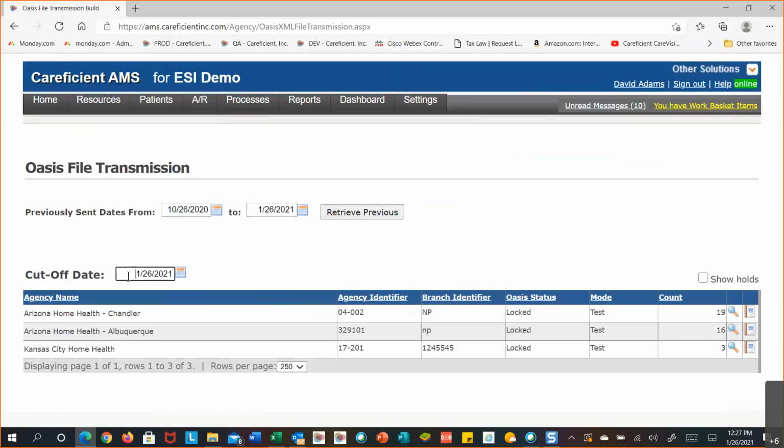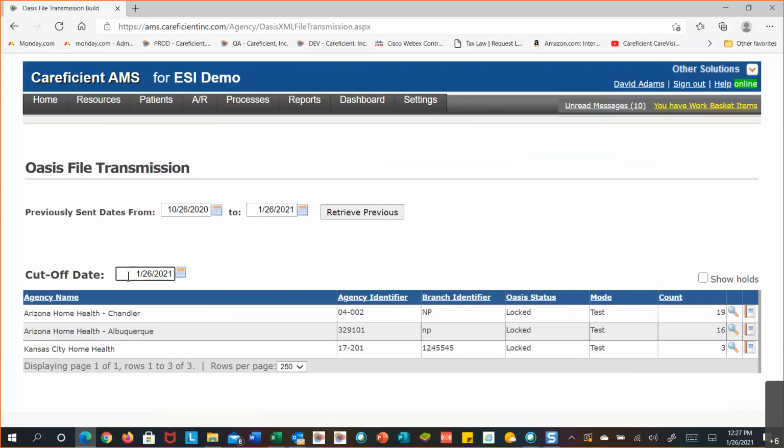And the reason I say to me best practice is to go ahead and send everything is that if for some reason a day or two or three later you find a mistake in it that needs to be corrected, the whole process for Oasis is when you unlock that Oasis record, it's going to open it back up for you to make changes to it and relock it. When you go through that process, it's going to automatically reverse the Oasis record you sent and send another one in its place,